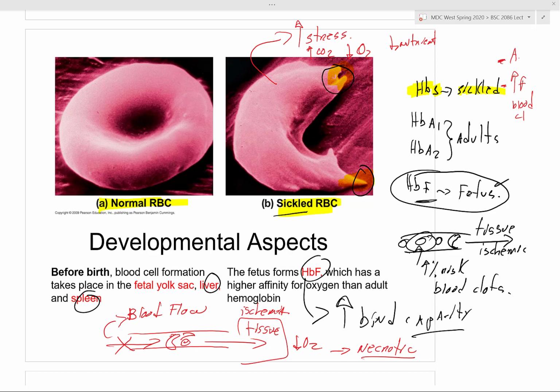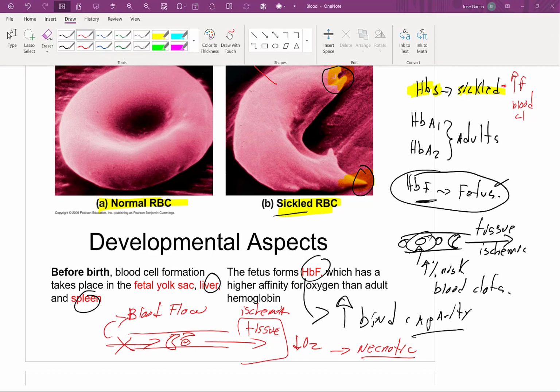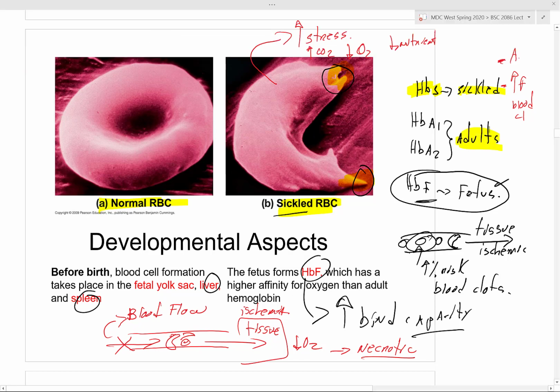Hemoglobin A comes in two flavors, hemoglobin A1 or hemoglobin A2. That hemoglobin is found, most of the time, mostly where? In adults. You also have another hemoglobin, that is hemoglobin what? F. F is for what? For fetus. Fetal hemoglobin is found mainly in what? Not babies, when they come out. They're inside mom's womb, right? So fetal hemoglobin is the more predominant in the fetus.